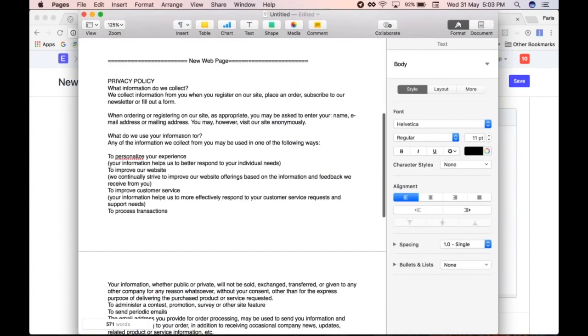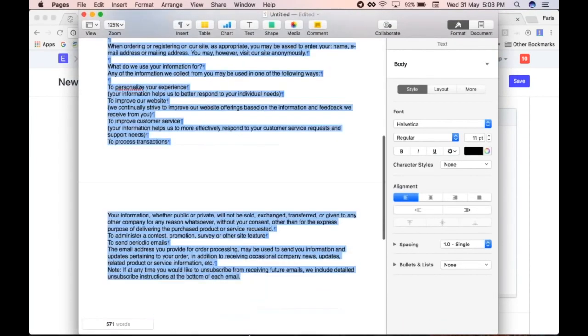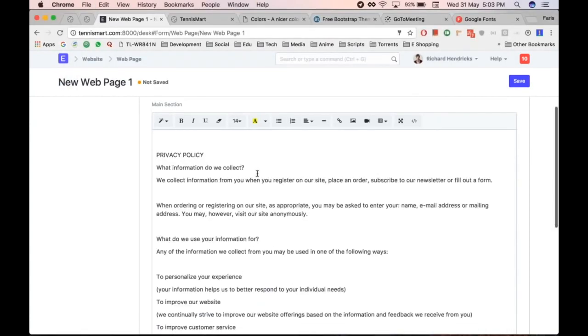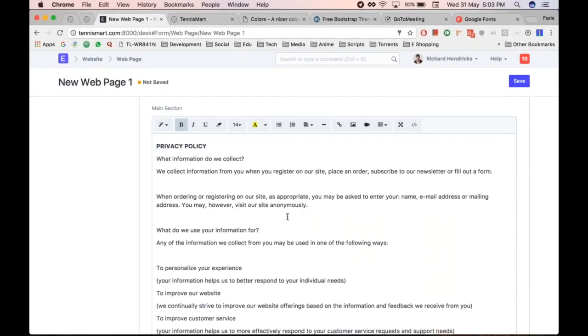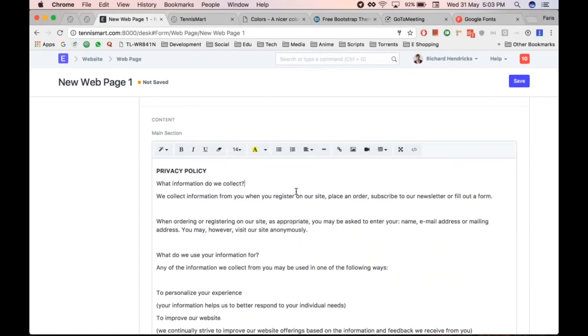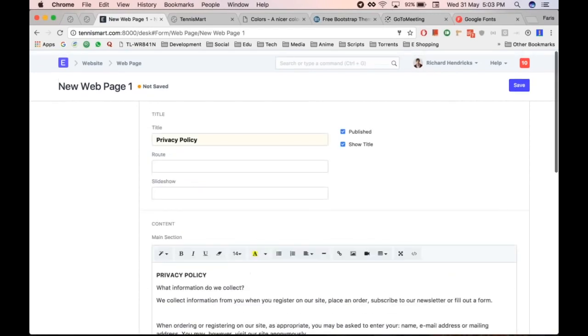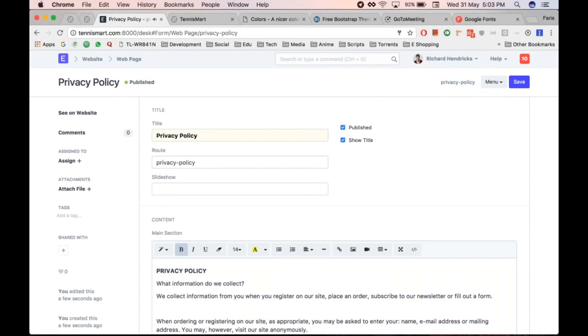I have some sample. So you can paste any HTML here or you can write your own. Let's save it. As you can see, the route name was generated automatically. So this was the route I was talking about when we were setting the URLs for the top bar items. So if you want to link this to a top bar item,